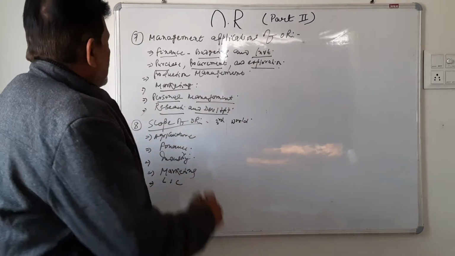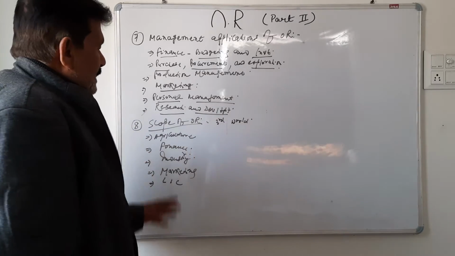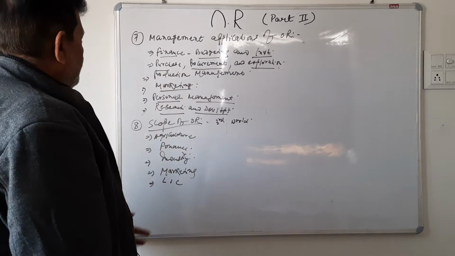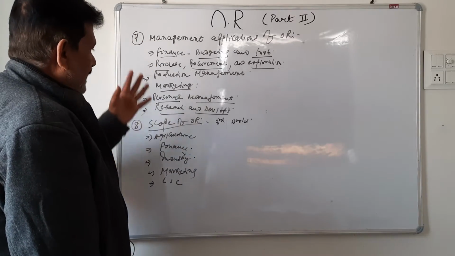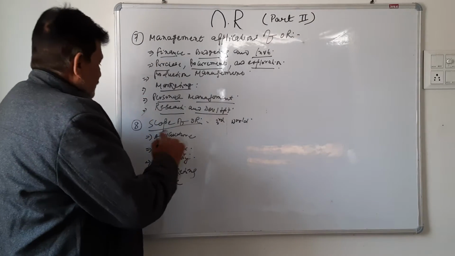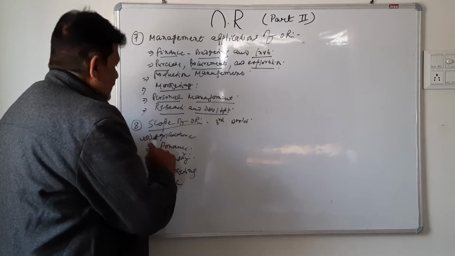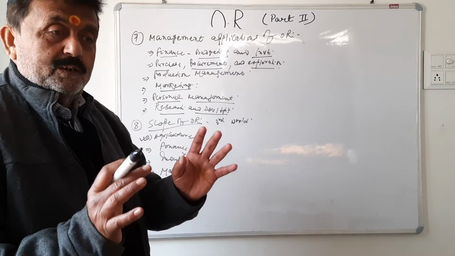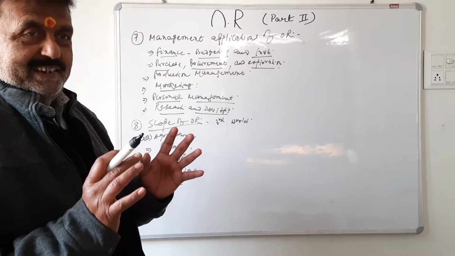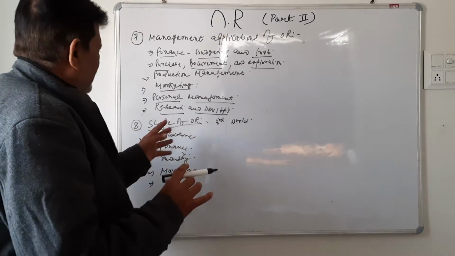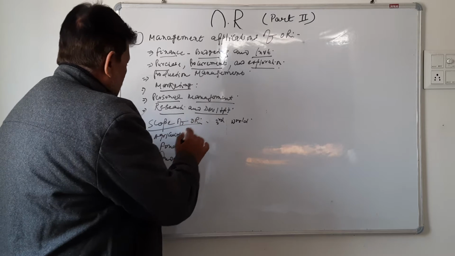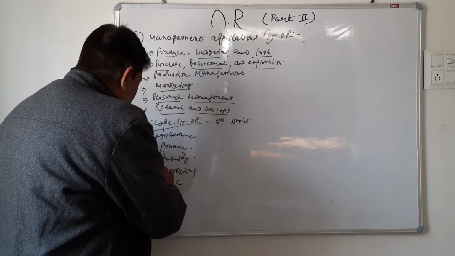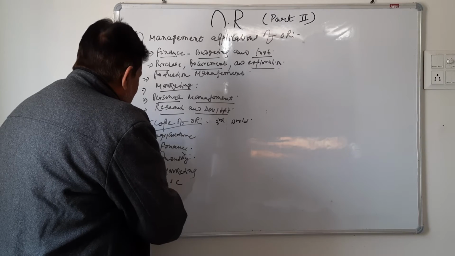Next, number 8 is the scope of OR. We can't limit the scope of OR to certain fields, but to name a few, apart from management, OR has massive use in agriculture, to get the maximum return from the given area of land. And various things are being solved with the help of OR in agriculture, in finance, in industry, in marketing,